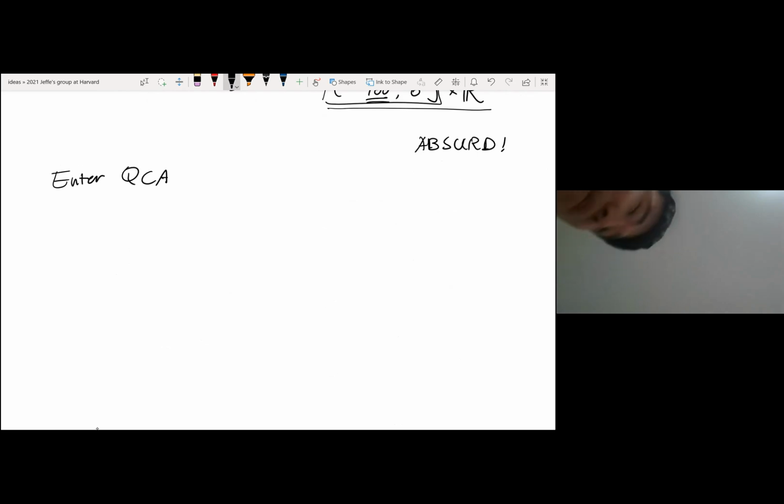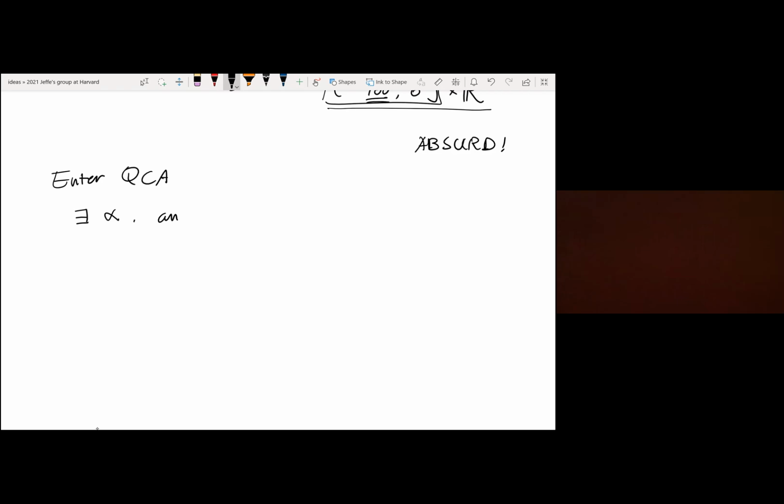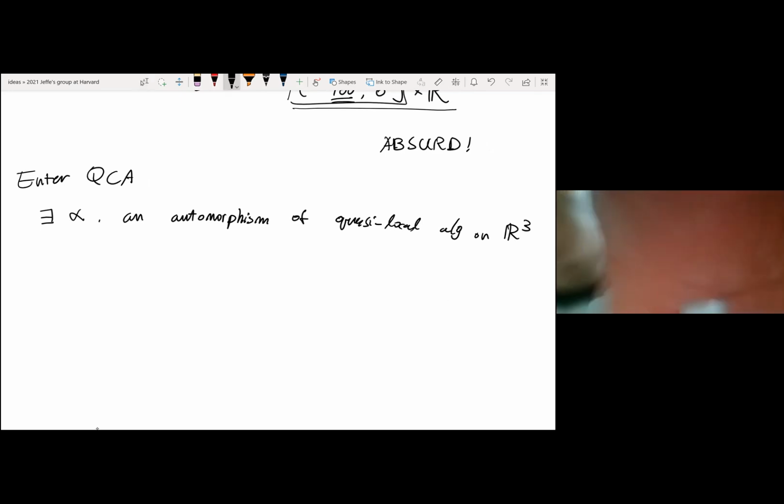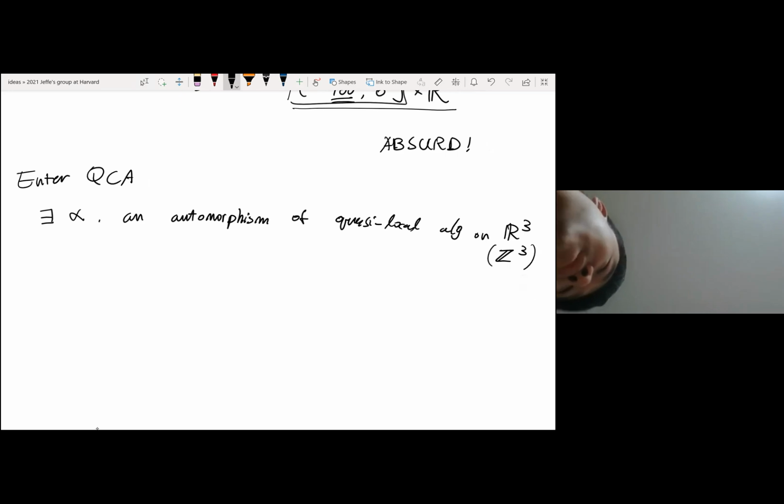Now, enter QCA. QCA is a funny nomenclature, stands for quantum cellular automata. I would just call it locality-preserving automorphism, but let's not argue about the naming. I'm just following literature to call it QCA. So the one result is that there exists an alpha, an automorphism of quasi-local algebra on R3. Well, I should really call it Z3, because my automorphism acts on a lattice, such that